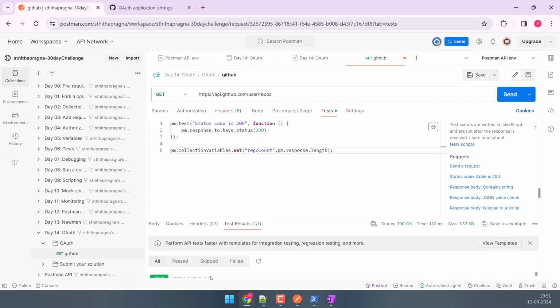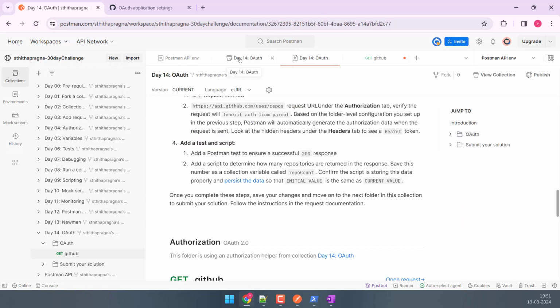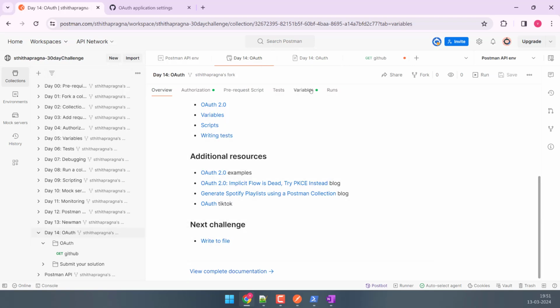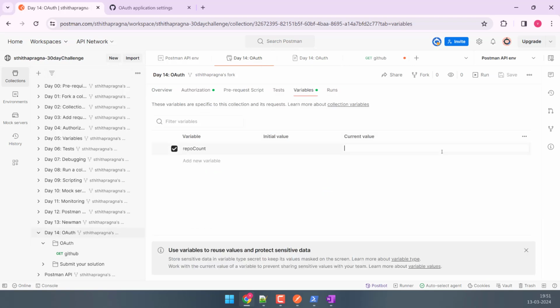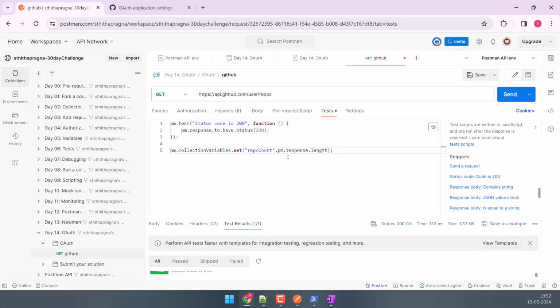I mean, it didn't fail, so I'm assuming it ran fine, and we will only know once we go to variables. Oh, it didn't put anything. Length, won't it show at least 0? If it is 0,